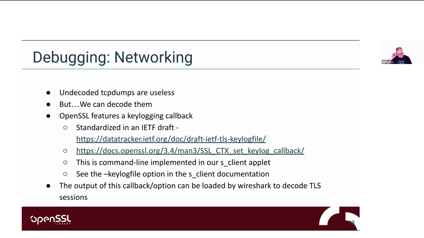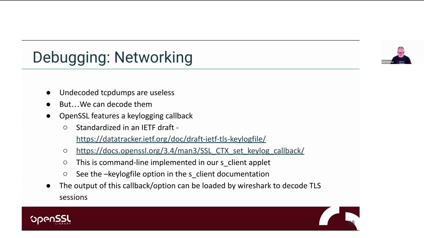Also, I'll call an audible here. We currently have under review an option to allow the use of the SSLKEYLOGFILE environment variable, which is, if not standard, at least a common method for implementing a keylogging callback without the need to enhance your application to do so specifically. So eventually, probably in the 3.5 timeframe, you won't need to use SSL_CTX_set_keylog_callback at all. You can just set an environment variable if you have that feature enabled in OpenSSL, and it will just magically work, producing a key file that can then be read into tools like Wireshark to decode your TLS